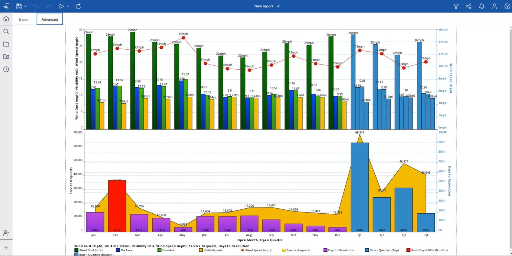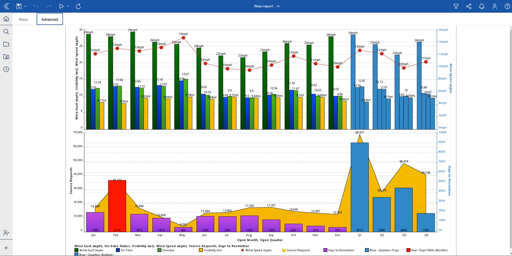And on the right axis here, I have only wind speed. I used the red line here to display some trends, and I am also showing some clustered bars that show different types of metrics.